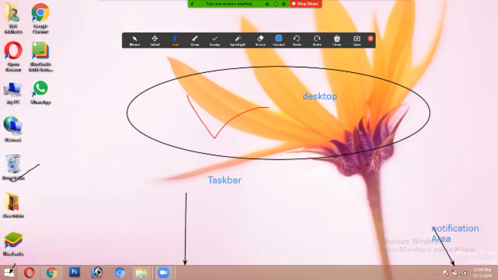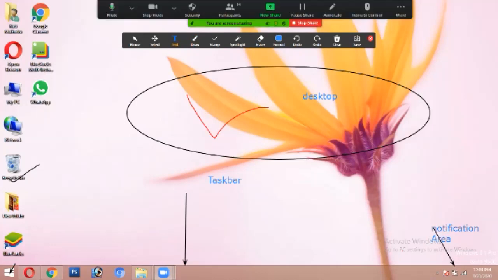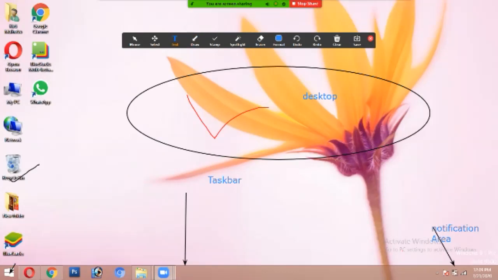You can take a screenshot of this page, where you can directly see what is the desktop, what is the taskbar, where is your start button, and where is the notification area. It is always displayed on the right side of the taskbar. The notification area contains clock and icons for programs that usually run in the background.